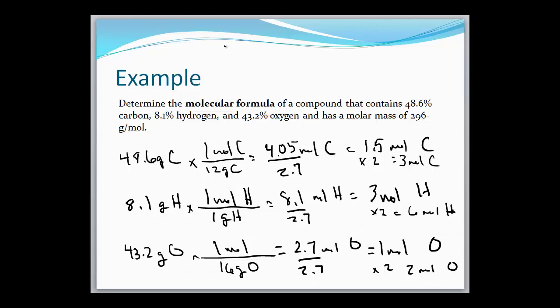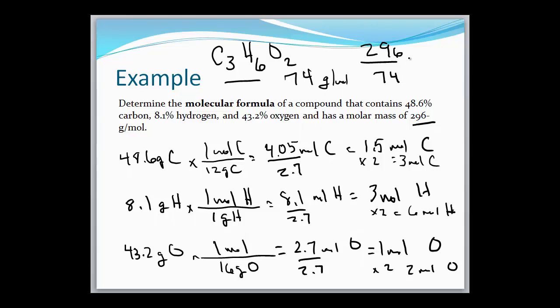So our empirical formula will be C3H6O2. Add up the molar mass of our empirical formula. 3 times 12 plus 6 plus 32 equals 74 grams per mole. The molar mass of the molecular formula is 296, so we're going to take 296 divided by 74, and we get 4. So our molecular formula is going to be